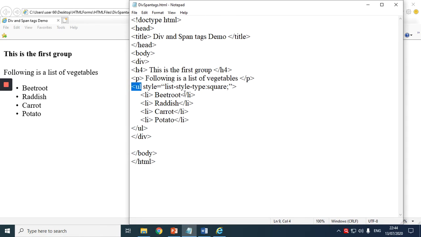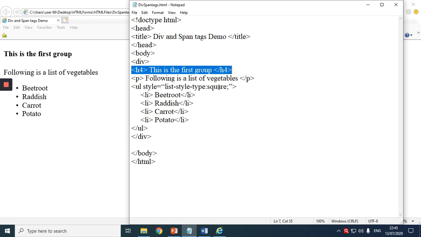Observe. Before the div tag, one space comes, and after the div tag, we get a space, which we will observe now. Here, the H4 tag, and observe the output, the fourth level of heading, a simple paragraph tag, and as it is in the output, and this is the list type.